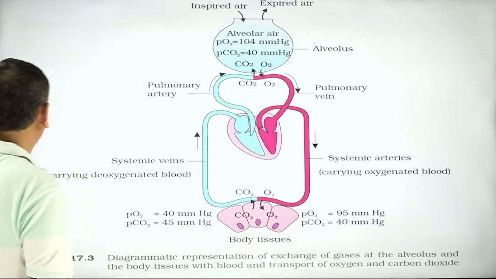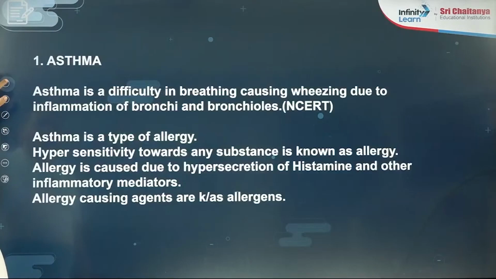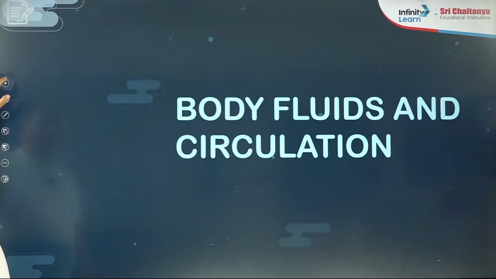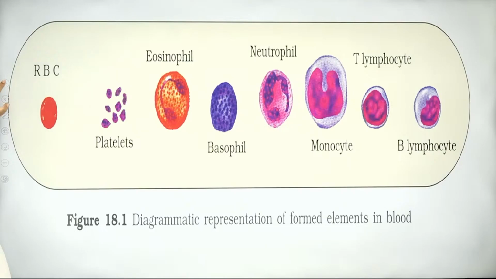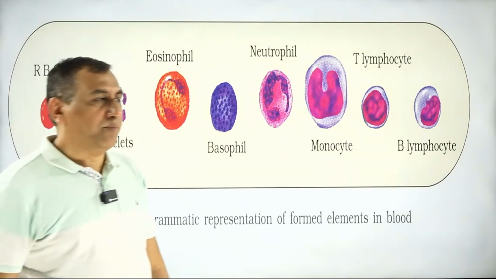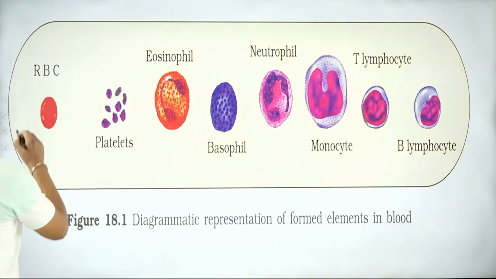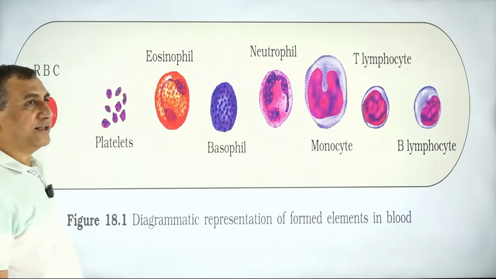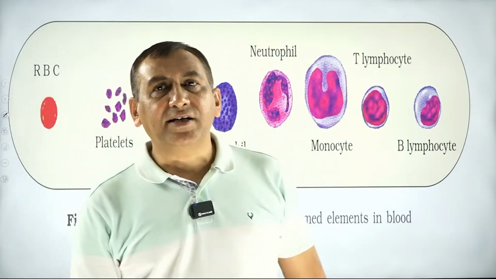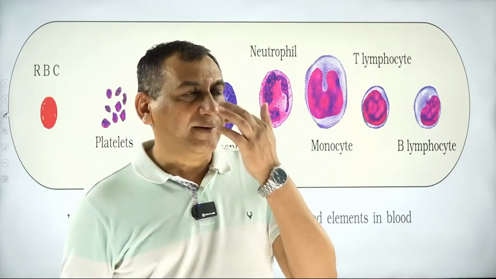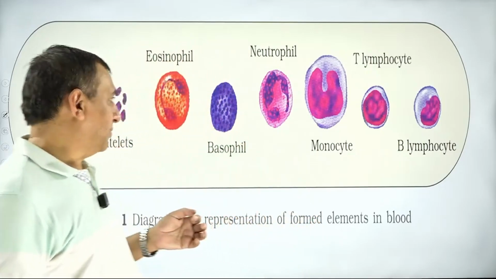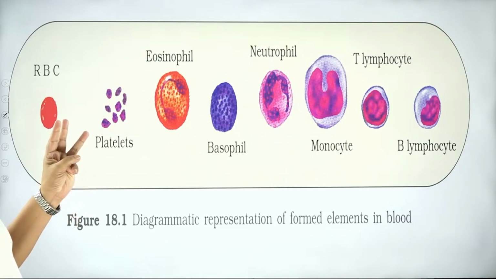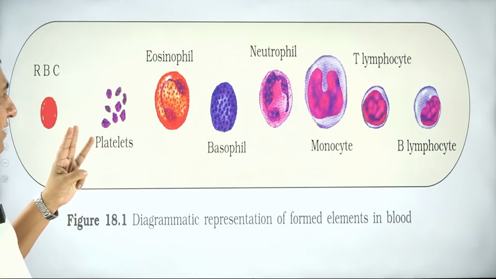This diagram is saying about the double circulation and all. Now I am coming to the next one. How our body is getting the blood and what are the different types of blood cells present in our body. So first I will ask, everyone knows what are the different types of blood cells present in our body. Anyone will say? Written there. Divided into three categories. What are the three major categories?